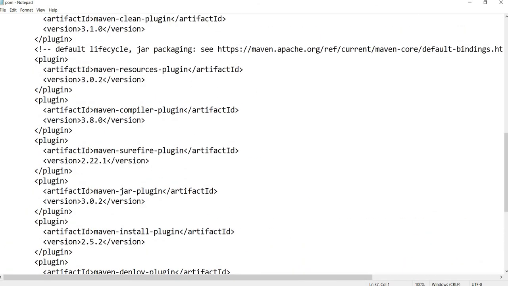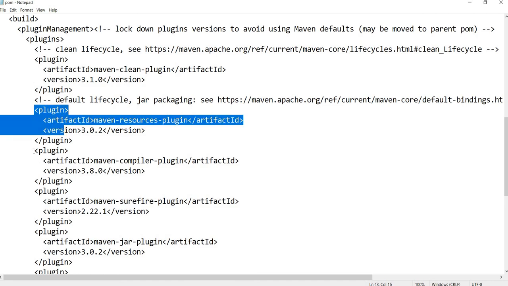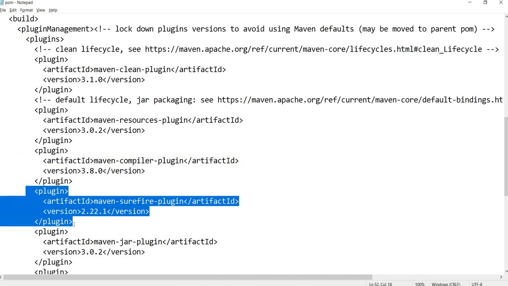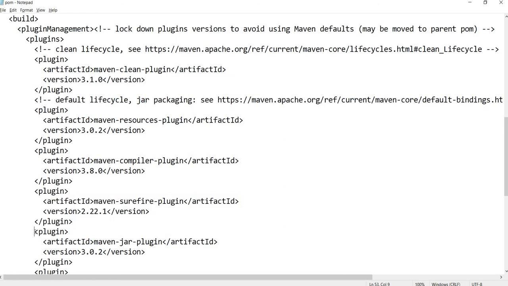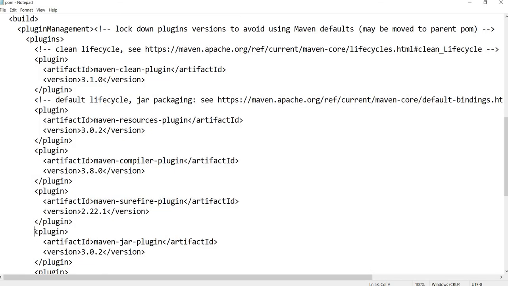So it doesn't only package, it cleans, it downloads, it compiles, it runs the unit test cases, and if all the previous phases are fine, then it goes with the phase we have asked it to run, right? So the packaging would be done, then installation.